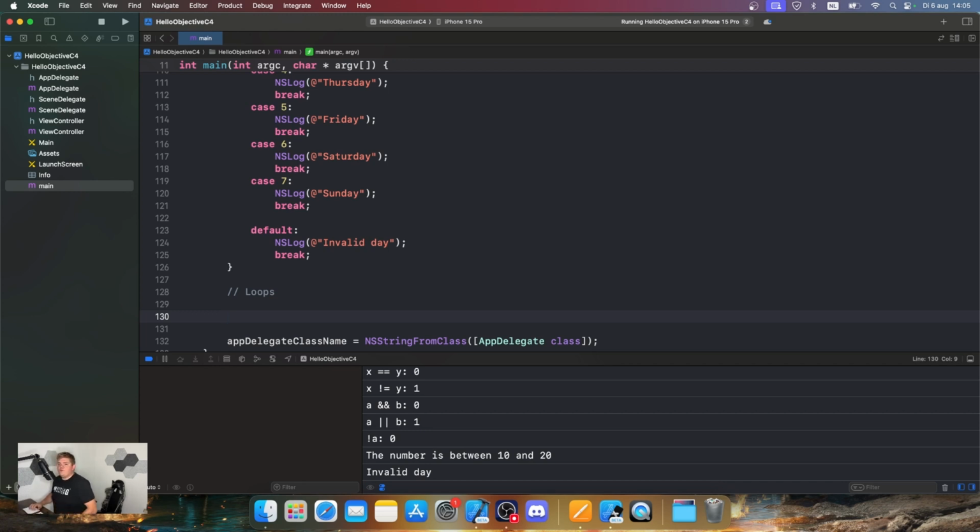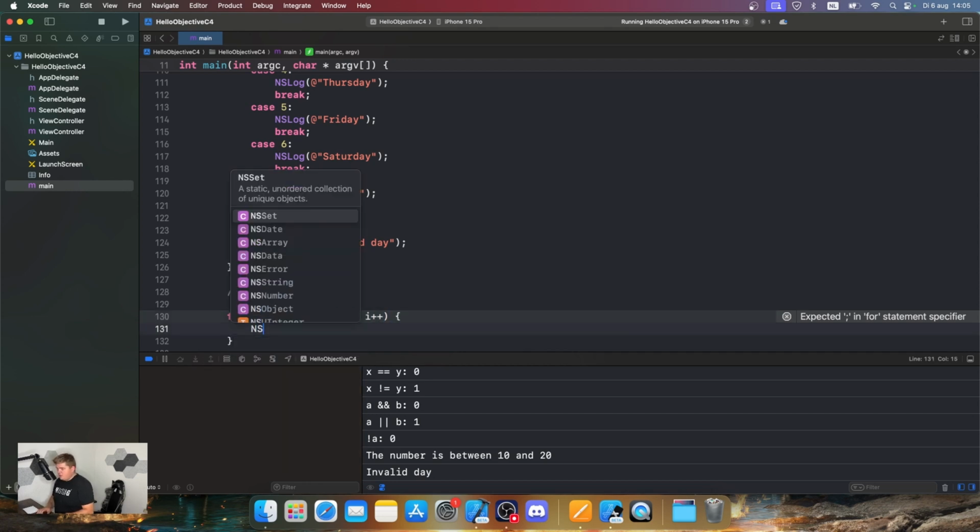So let's create a for loop, right? In here, we're going to say for, and we're going to say int i is equal to 0. After that, we're going to say i < 5, and we're going to say i++, and we're going to open this one up, and we're going to say NSLog, and we're going to say @"for